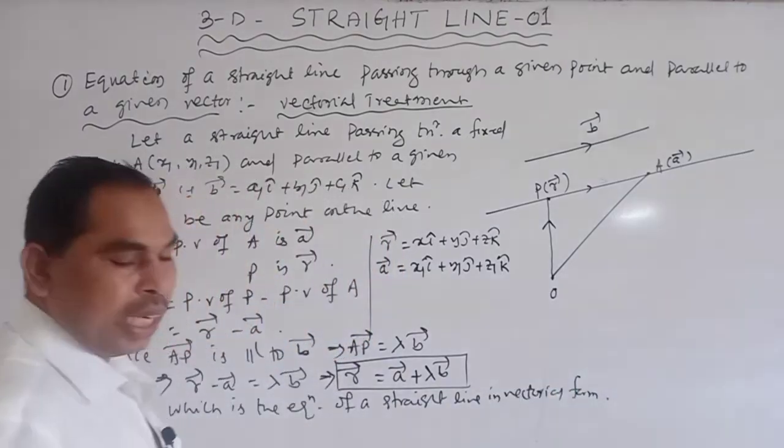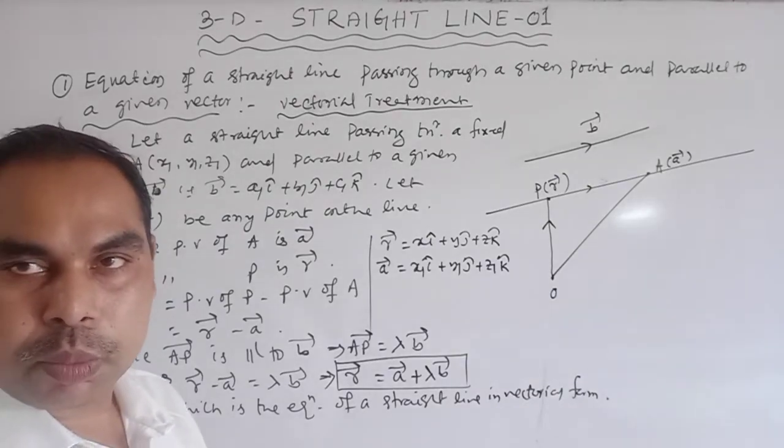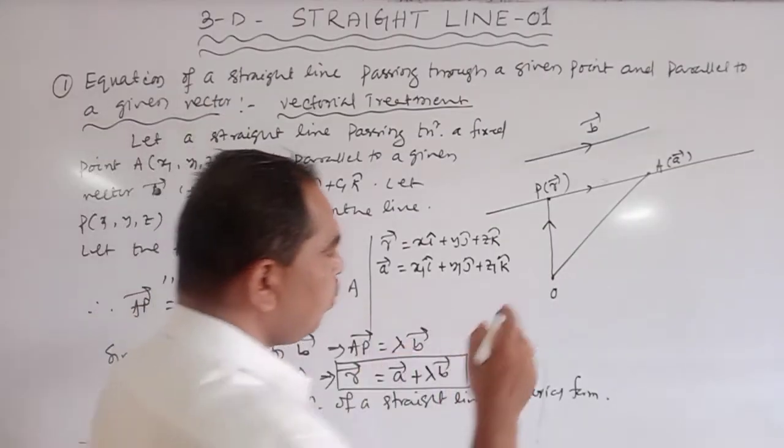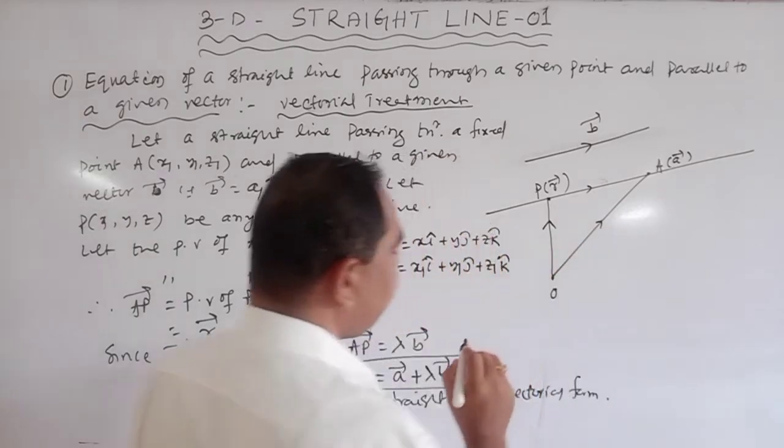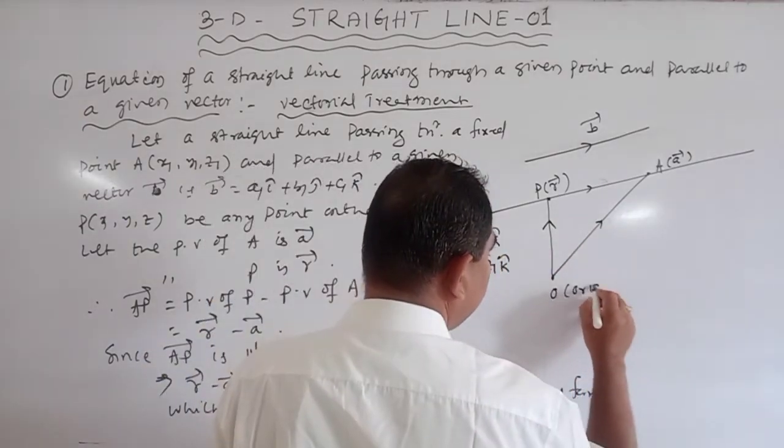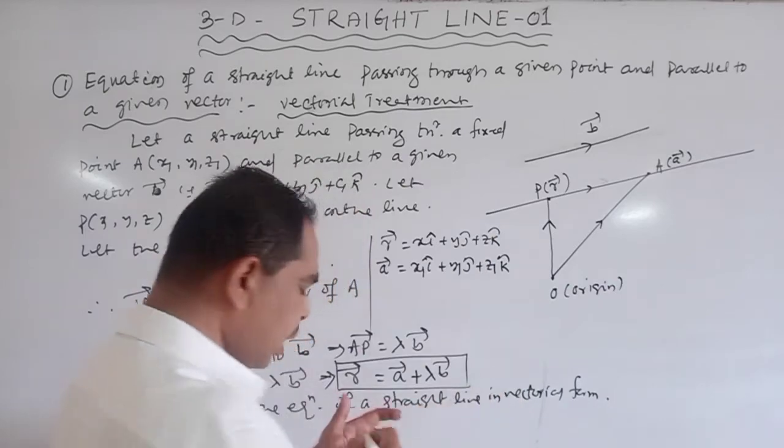Which is the equation of a straight line in vectorial form. Okay, origin. Okay,